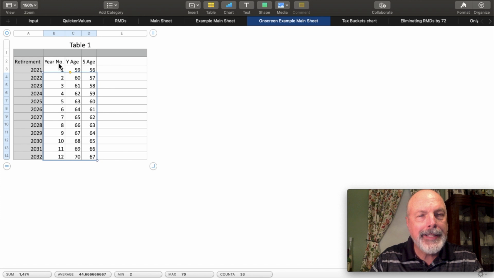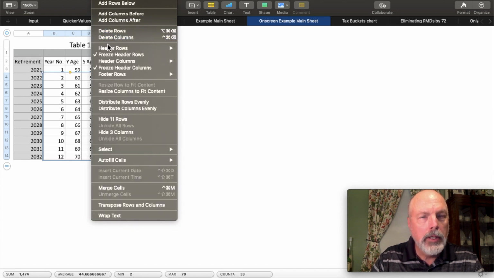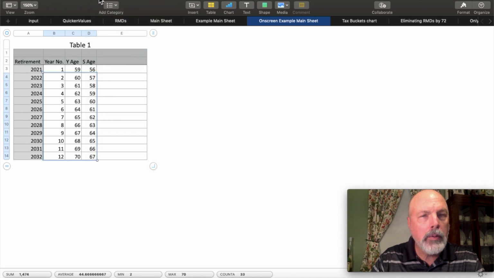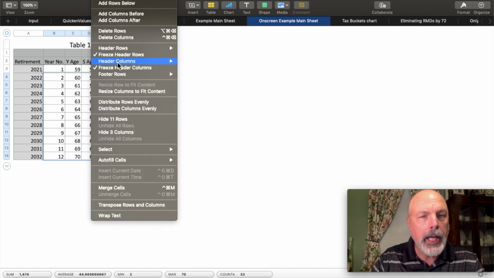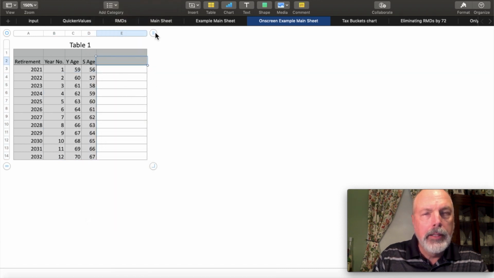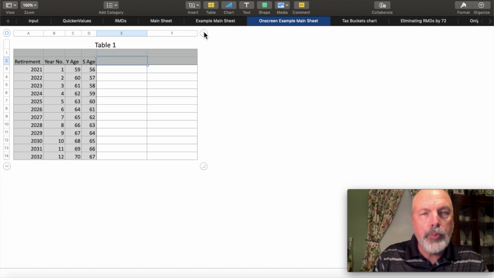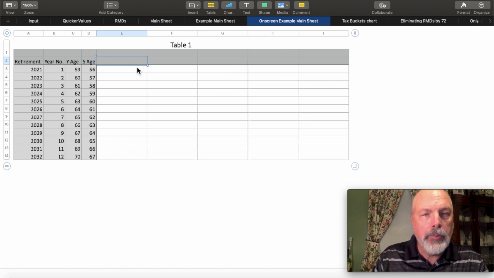So that populates the header rows. And I'm going to do a little bit of formatting of the table here to say 2 header rows, and I'm going to say 4 header columns. So the next thing I'm going to do is just expand this out, and I'm going to